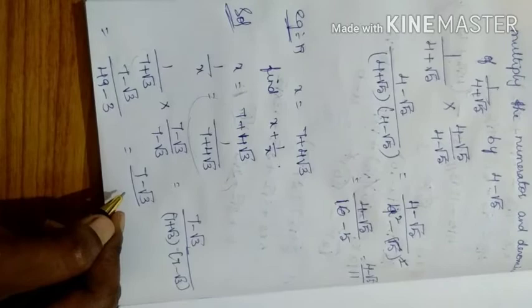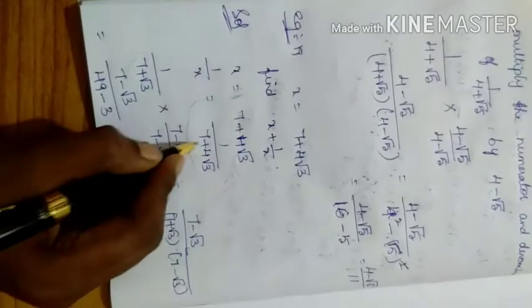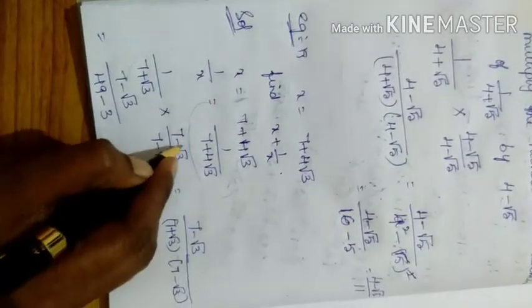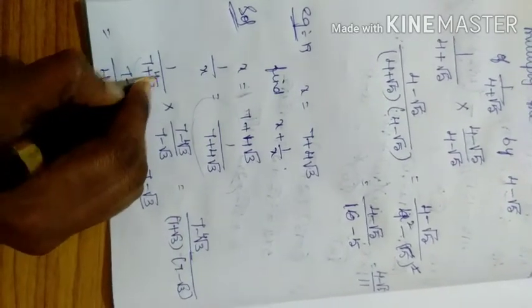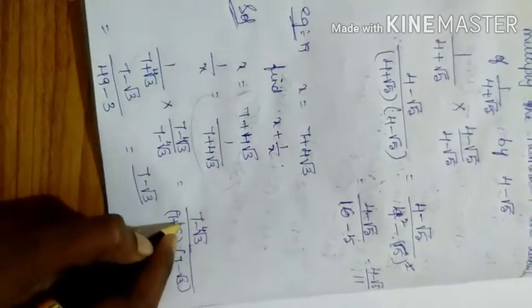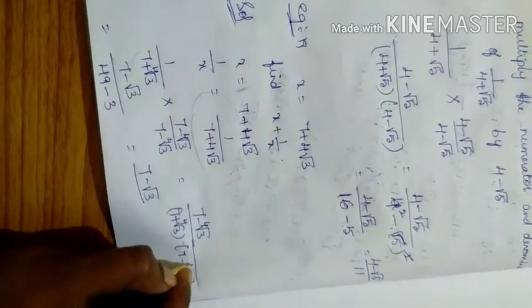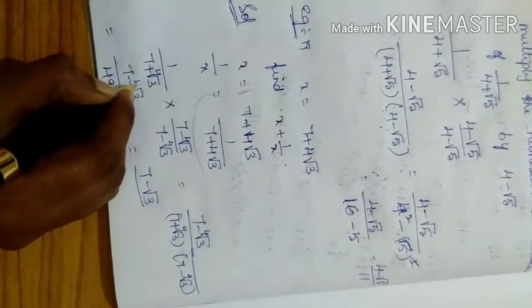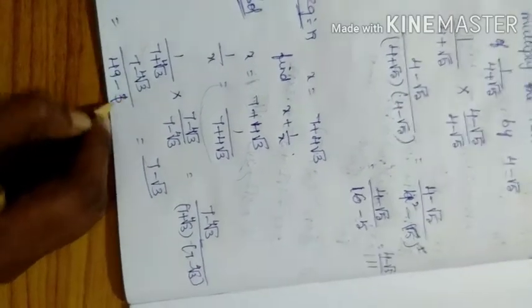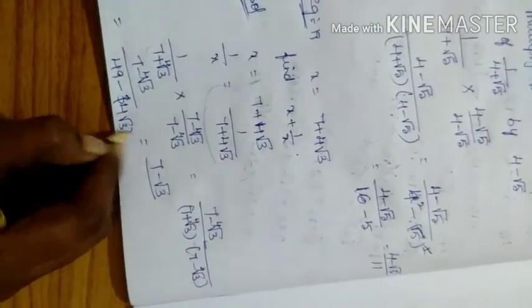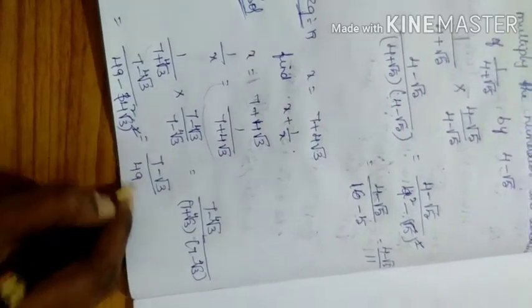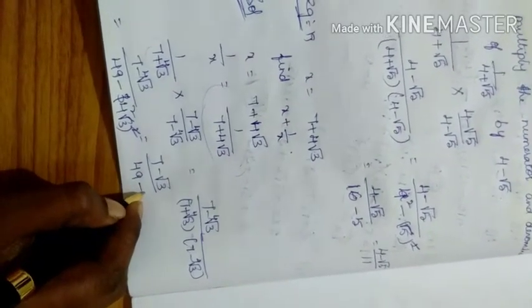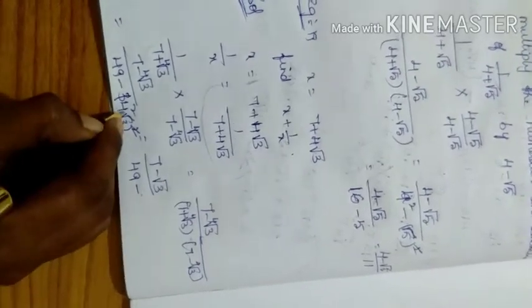Sorry, here the question is 7 plus 4 root 3. Yes, 4 root 3. I am missing the 4 here. So you will get 7 7s are 49, minus 4 root 3 whole square. The square root will cancel. 4 4s are 16, so you will get 49 minus 16 into 3.